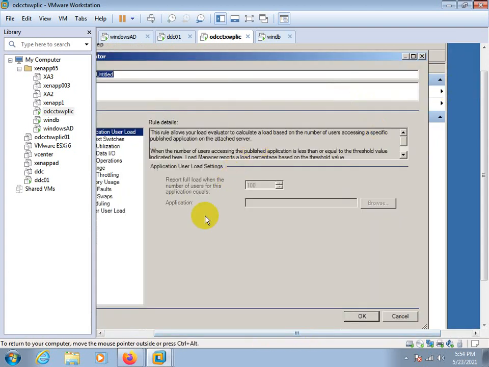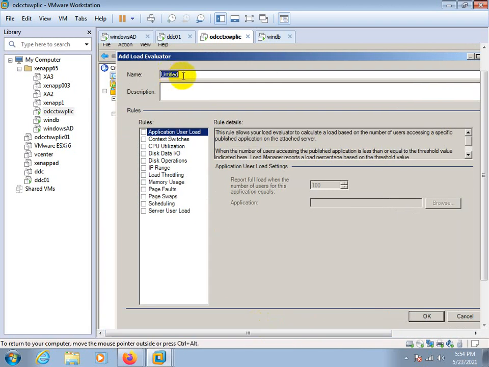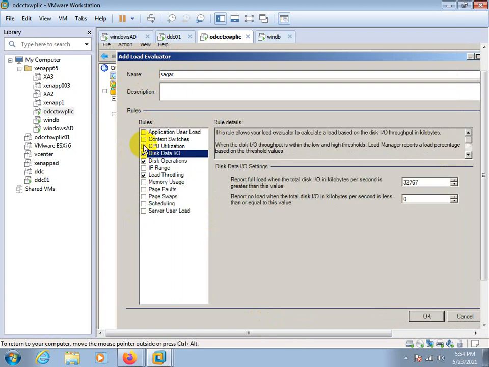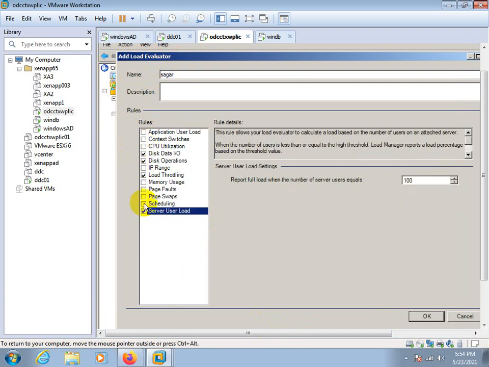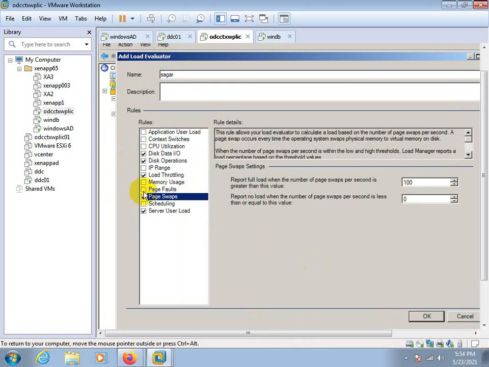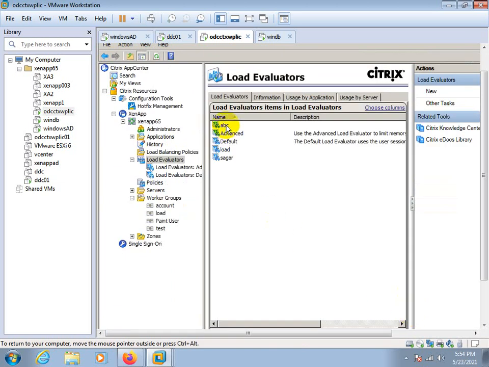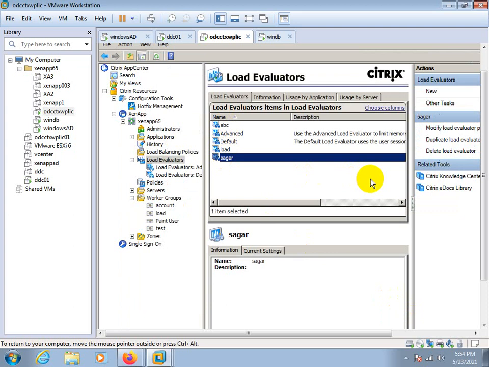So add load evaluator, and here you need to provide the name, and as per your requirement, you can select the rules. Page swap, page fault. There are 12 rules, and it's created.